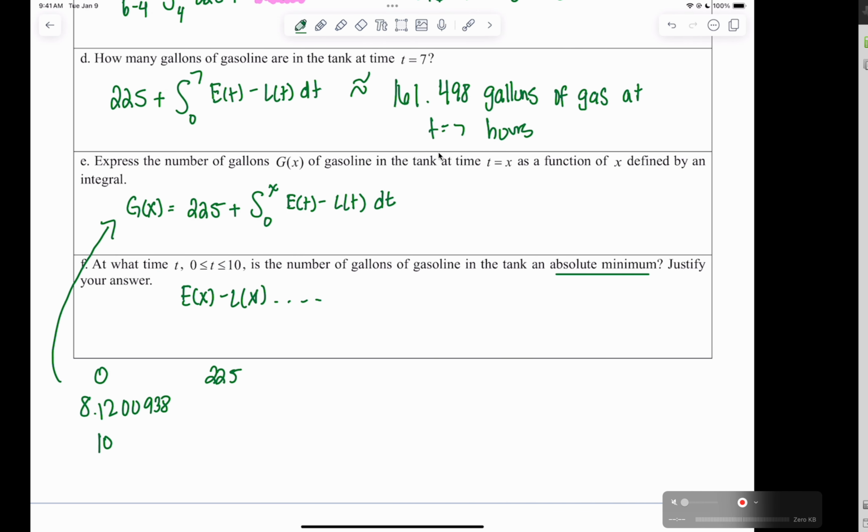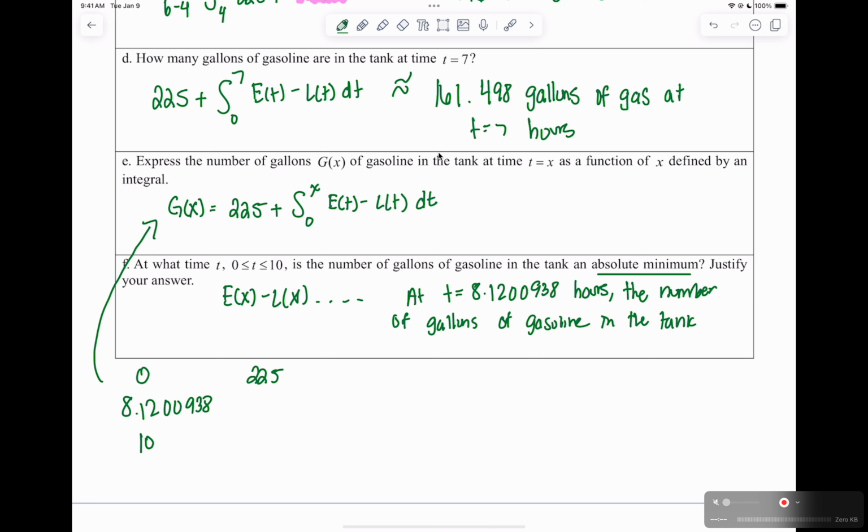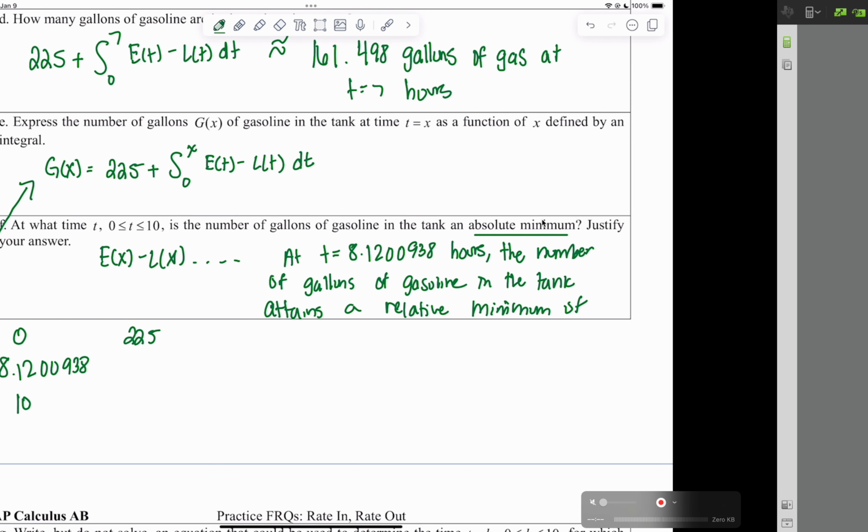So if I were to write this up, whenever it says justify your answer, this just basically means that at time 8.1200938 hours, the number of gallons of gasoline in the tank attains a relative minimum of 159